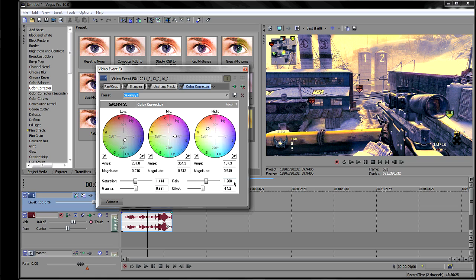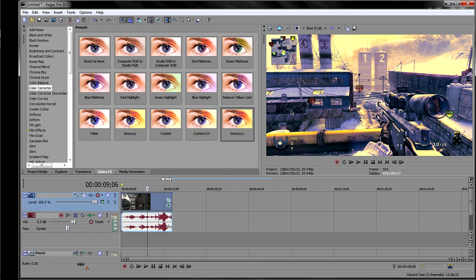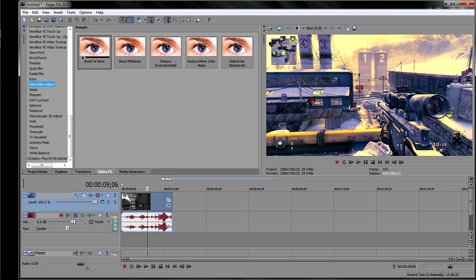But I encourage you guys to mess with these settings to find what you like. And then the offset is negative 14.2. Now, one thing you can mess with, so I would be done right here because I like how that looks already. But if you want, you could go to saturation adjust, drag reset to none, and mess with these settings,